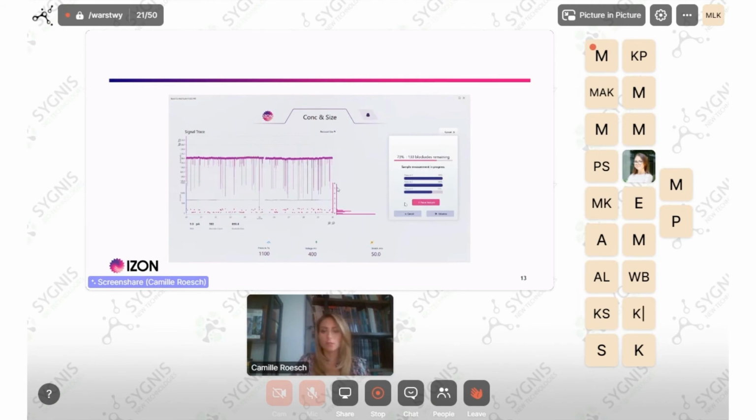So see, as I told you, it was a bimodal sample. You can clearly see that it's a bimodal sample. That's one population here and the second population here. Obviously, in terms of concentration, you do have more of the bigger particles than the smaller particles, so it's normal. Concentration-wise, the bigger particles are in dominance according to the smaller ones. And similarly, it would tell you that you have 100 particles more to count before I can reliably stop and provide you with a